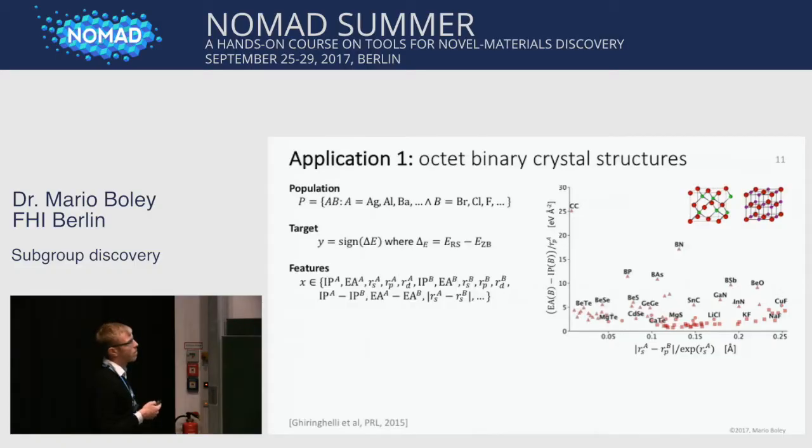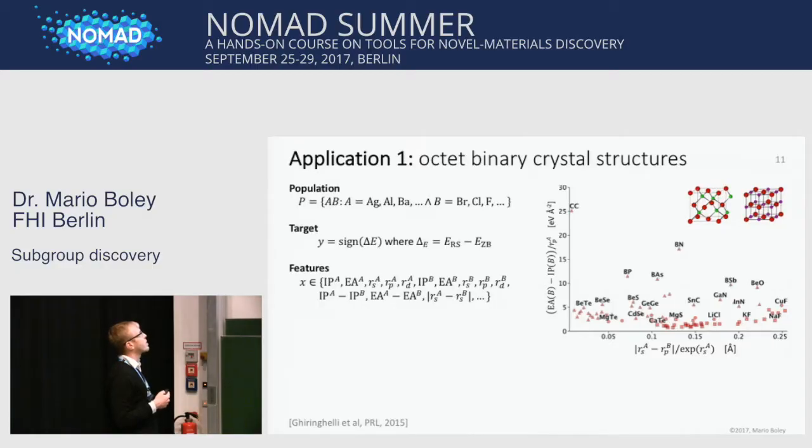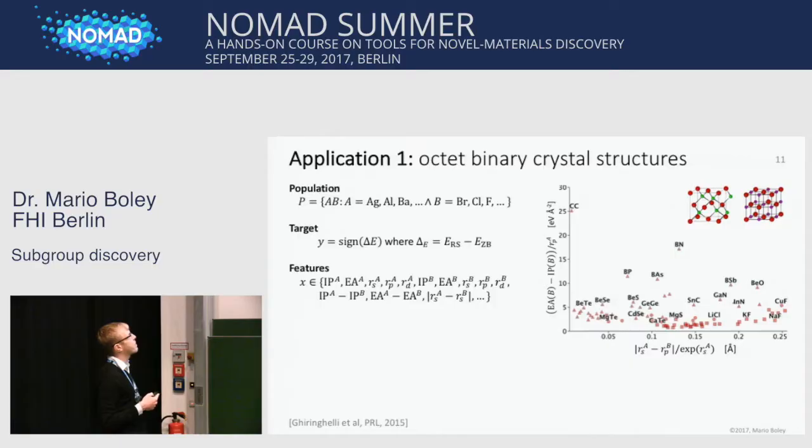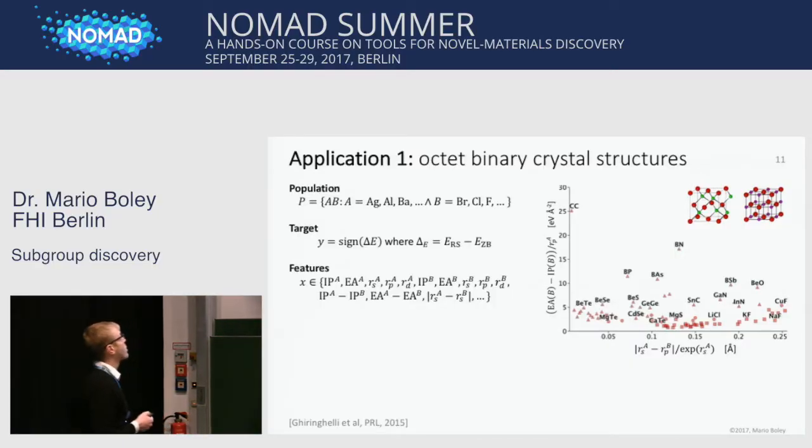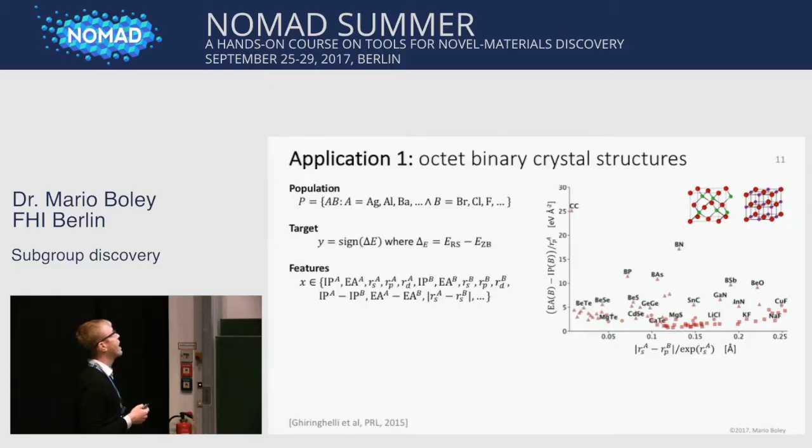So the data set is well known by now. We have this population of 82 octet binary materials. They are represented by the A component and the B component. And for each of these two components, we have as features, first of all, the basic features, which are the basic atomic properties of either of the components. So we know here ionization potential, electron affinity, and the radii of the various orbitals. And then we have